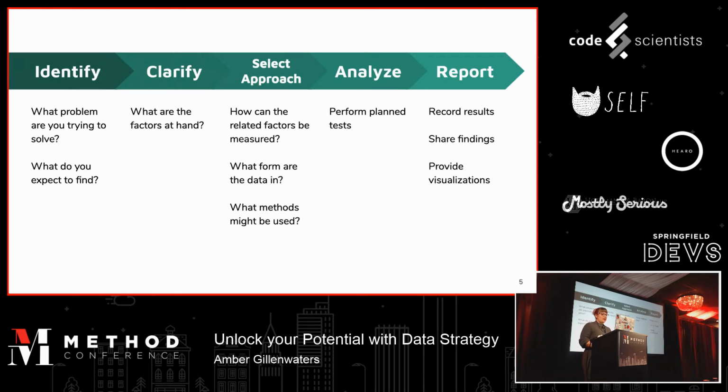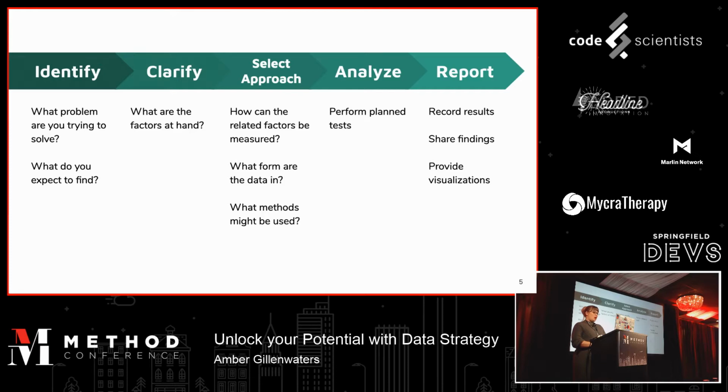So you want to look at what the factors at hand are. If we're talking about the benchmarking or profiling code example, it may be performance and accuracy. And also, how can you actually measure those? So when we look at something like product satisfaction, that's a pretty broad